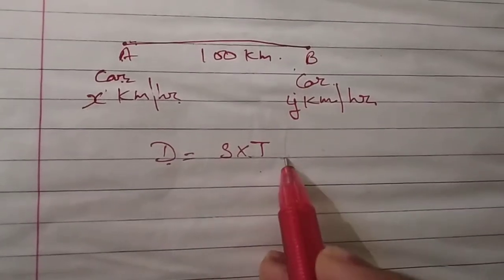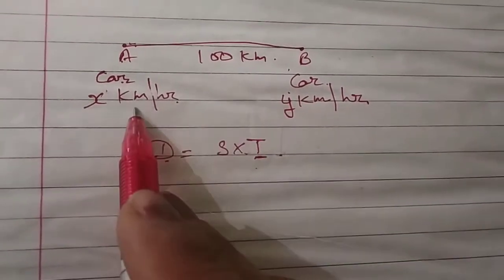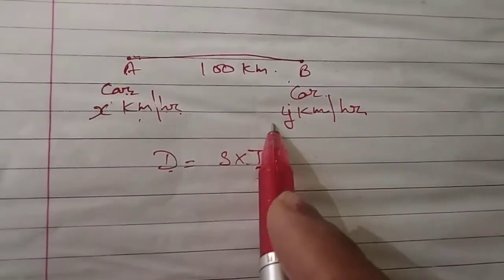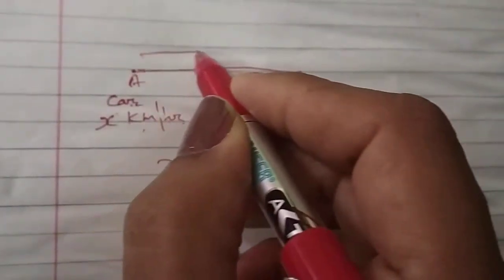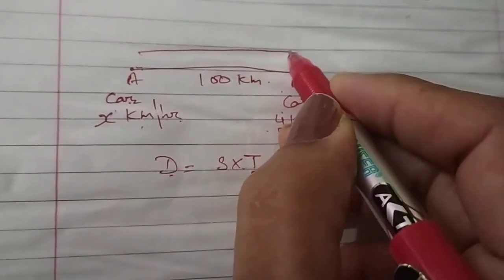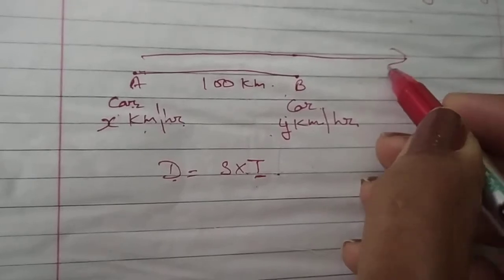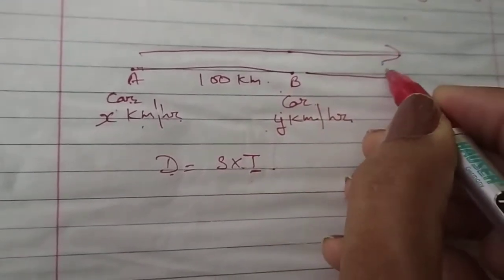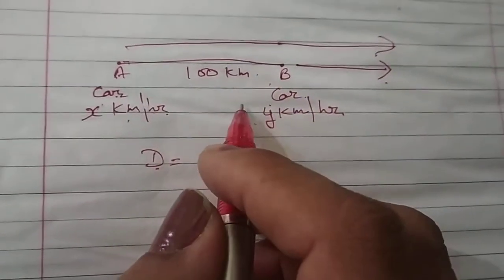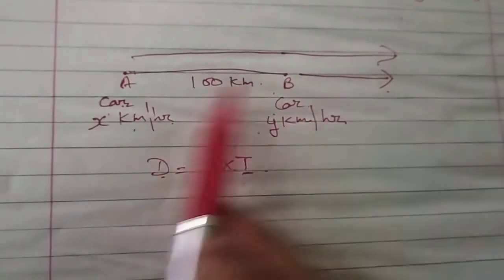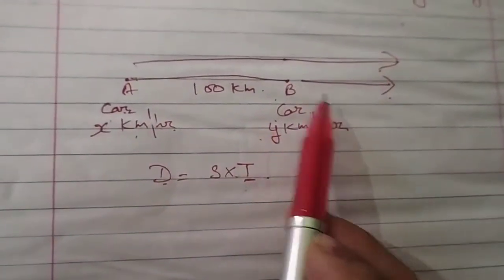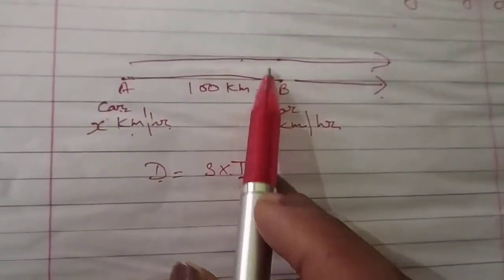Both the cars are traveling for 5 hours if they both are going in the same direction. Same direction means A is also going in this direction and B is also going in the same direction. So if they both are going in the same direction, then they meet each other in 5